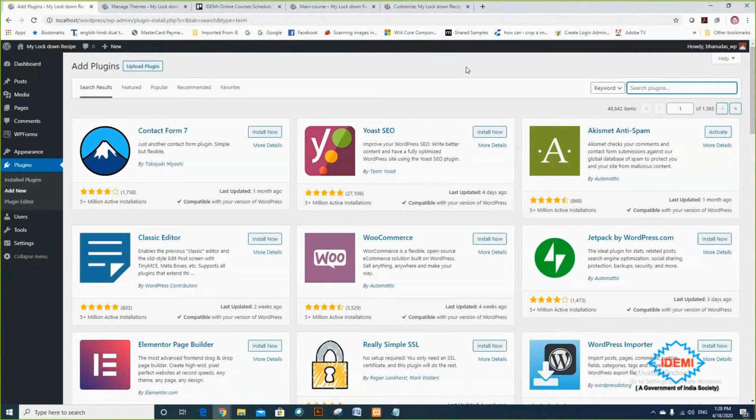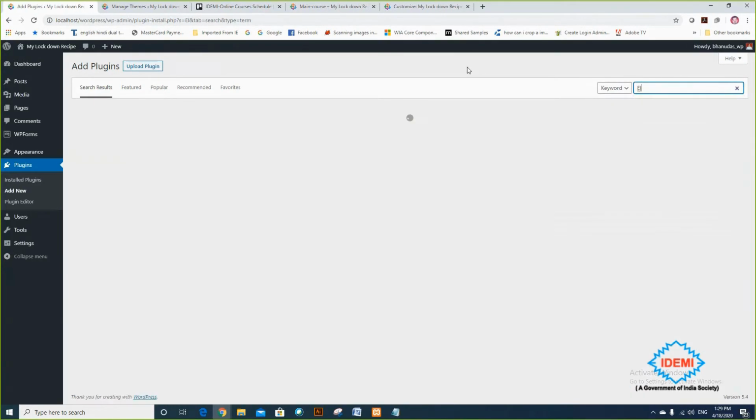So there is a popular page design plugin where you get the chance, with the help of that plugin, to call other sub-plugins into it, and the popular plugin is known as Elementor.